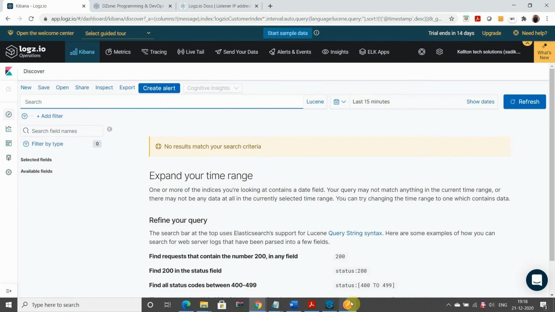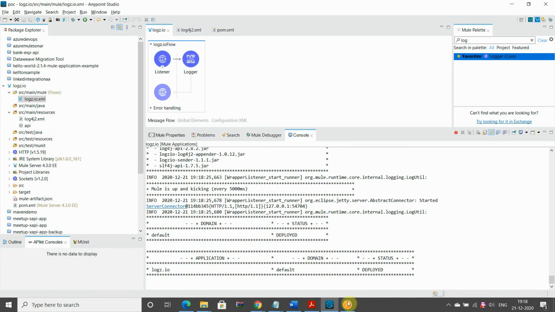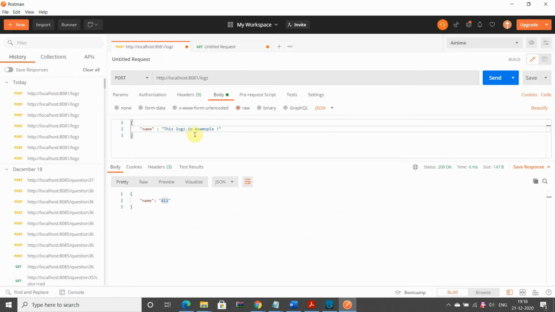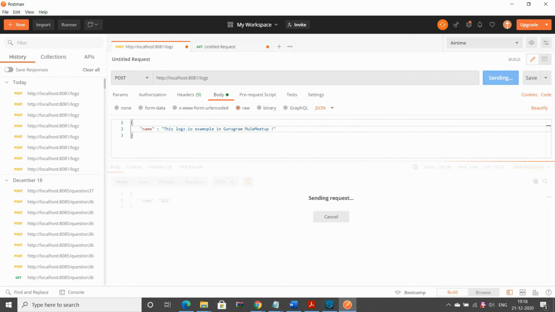So let's send data right now once the system has started. Okay, it started. This is the logjet example. Gurugram. Let's send this request. Okay, it's done.